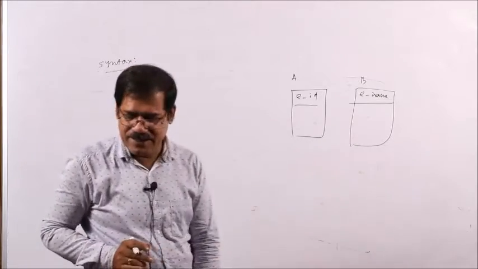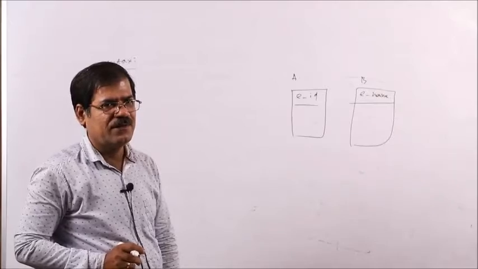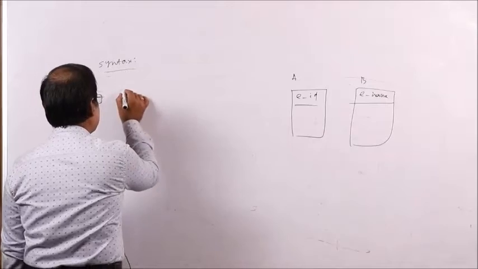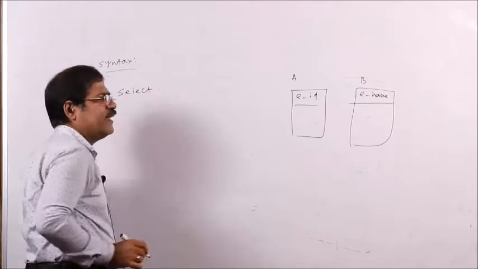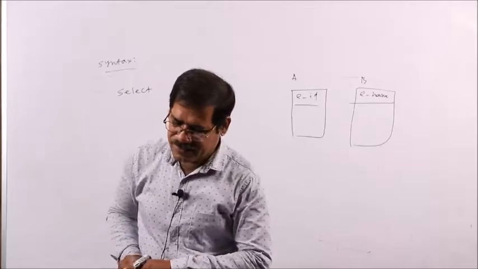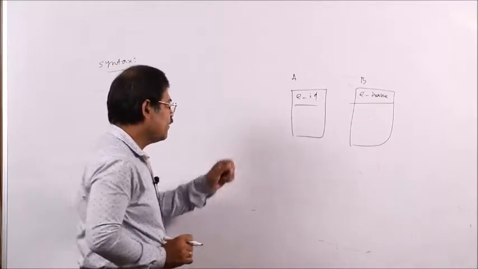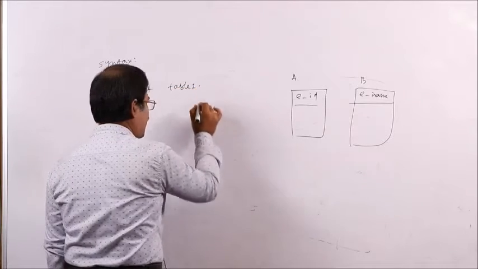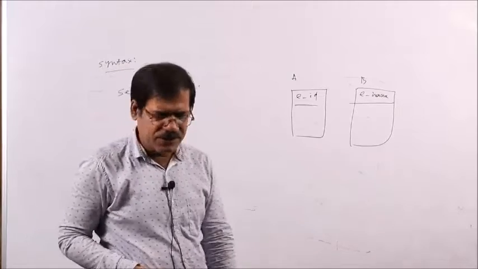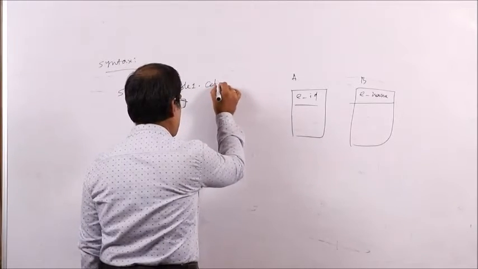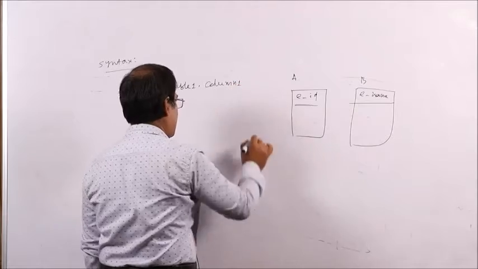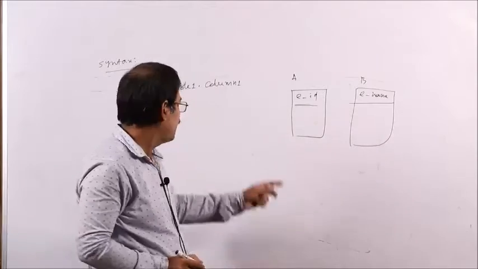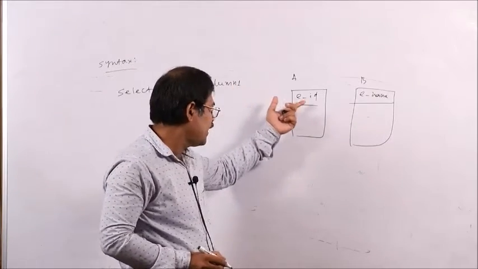You select, what select? Select the records from the table, both the tables, this table and this table. So, what you write? Select. What select? The column you select, the first column, that is table 1 dot column. What is your column? Which column you want? Similarly, the first column, this column will be from the first table. In place of table, you write here A, and in column 1 you write that is EID.